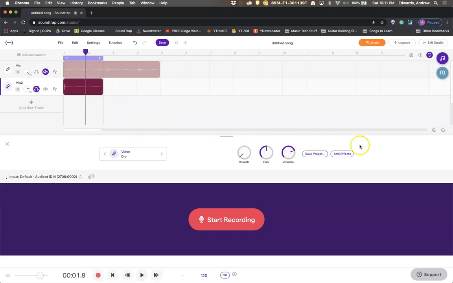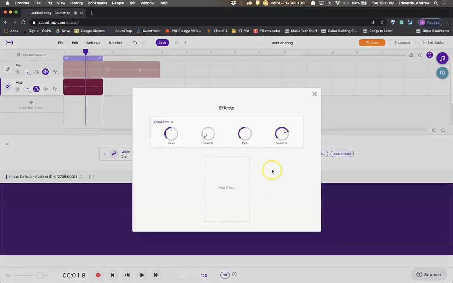So, how do we add effects? Well, there's this little button right here. This little button right here says add effects. So we're going to add effects. Boom, click that. If you have reverb up, this needs to be all the way down right now because this